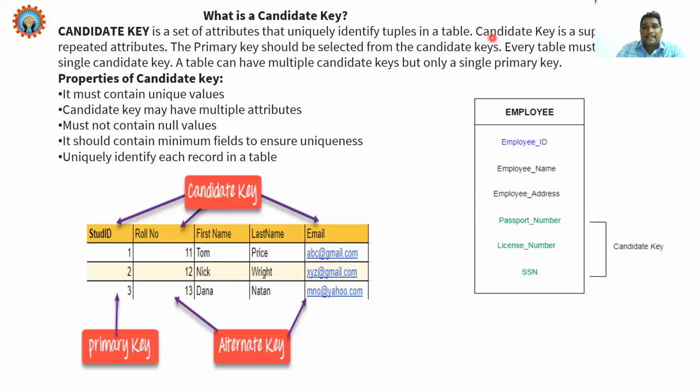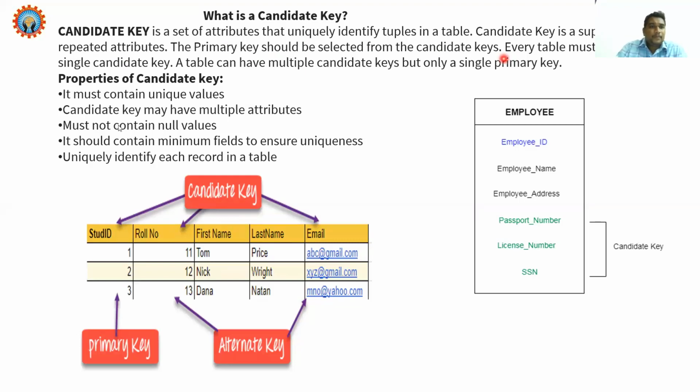So candidate key is a super key. We will discuss super key now, with no repeated attributes. Super key is nothing but a combination of a set of attributes, based on which we can retrieve the data. It is a super key with no repeated attributes.